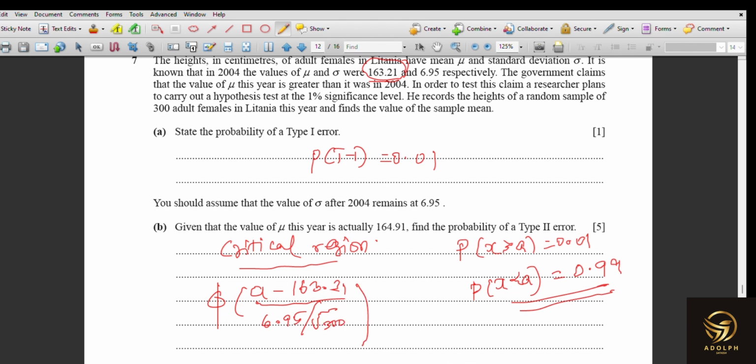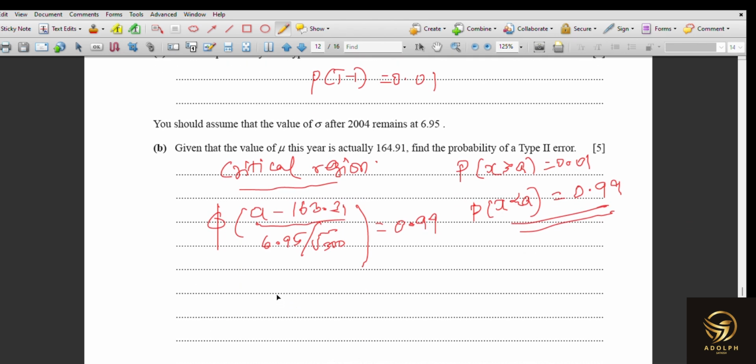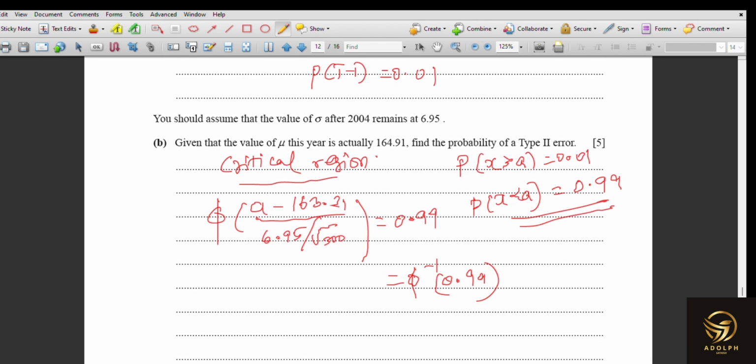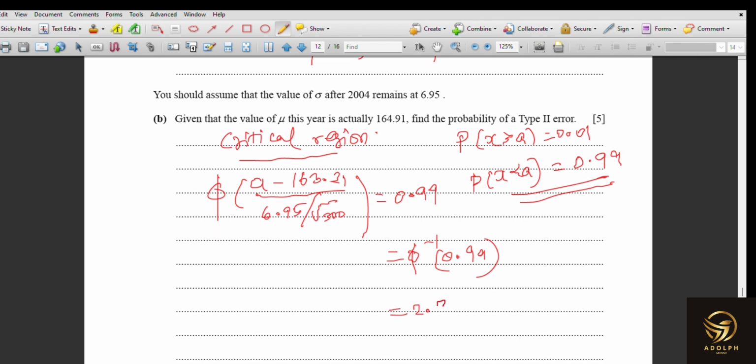Because this is actually a sample one, we should use that value equals 0.99. Then the pi goes that side, it is going to be pi inverse of 0.99, and we know that pi inverse of 0.99 is 2.326. And here how those values are going to be: a minus 163.21 divided by 6.95 divided by root of